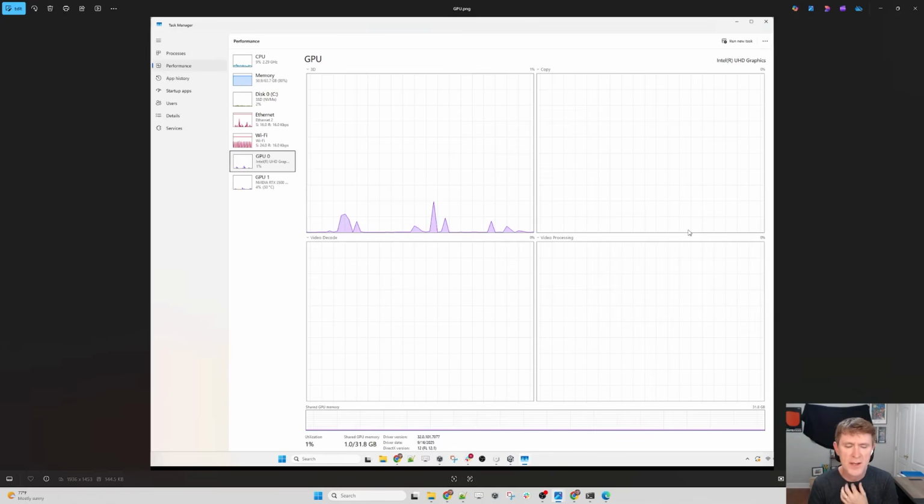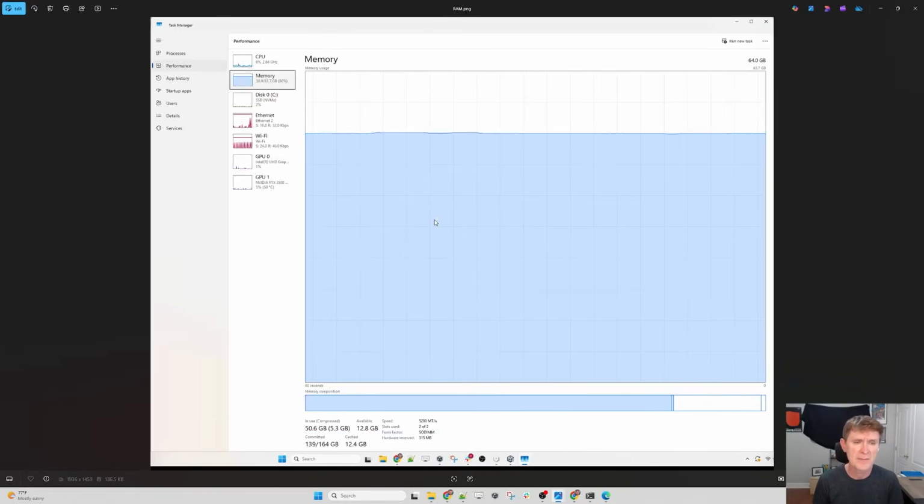And then here's the GPU activity, a little bit of video decoding. I'm not really quite sure whether or not that was part of my activity or not. I haven't had a chance to look too much under the hood on how it all works. The purpose of this video is to talk with you about how you can make multiple agents work at once. And then memory, of course. While I was running, because of the models, it probably took around 2 to 3 or 4 gig of RAM to run the application.